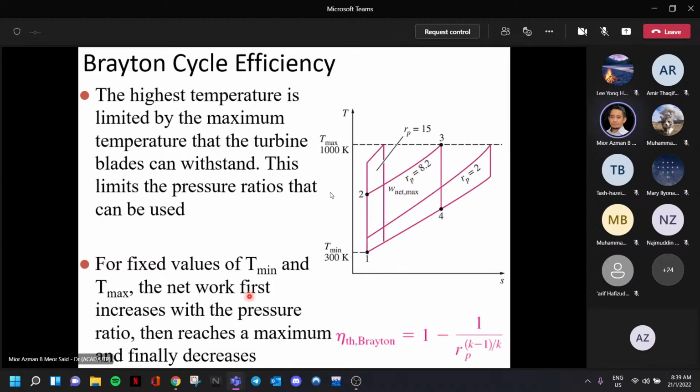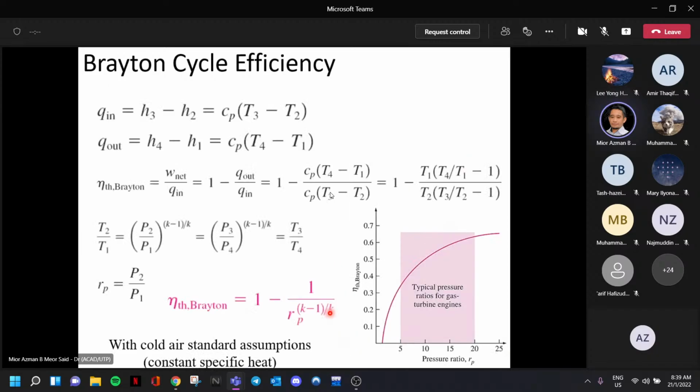If you want to increase the thermal efficiency of your Brayton cycle, we have to look: sometimes you increase the pressure ratio, your efficiency goes up, but after a certain limit, like for this case 8.2, it will decrease. Right, so that's why you have a certain range of typical pressure ratio for gas turbine engines. So it's not that the more the pressure ratio, the more compressed that your gas in the gas